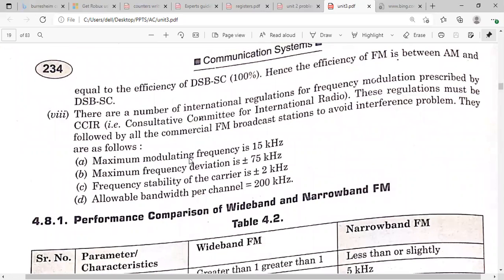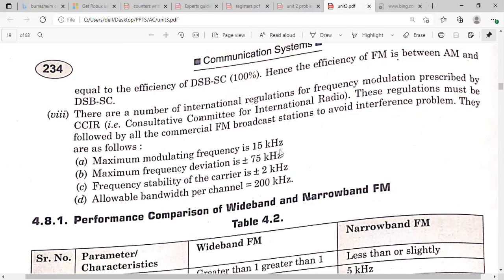Okay, and also we know that for FM broadcasting, what is the maximum frequency deviation? That is plus or minus 75 kilohertz. And if we assume the carrier frequency is the center frequency, then plus 75 kilohertz deviation gives the upper side band, and minus 75 kilohertz deviation gives the lower side band, and the FM can modulate the signal having the frequency up